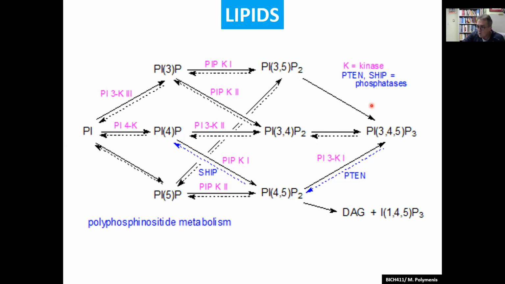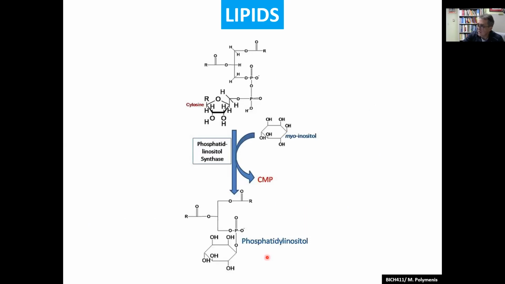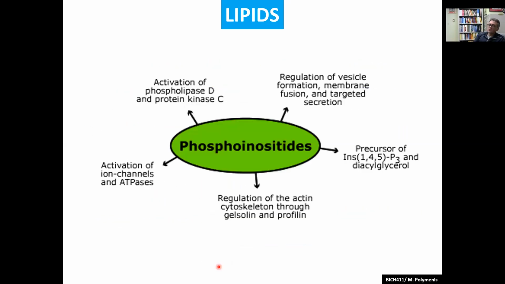So again, what you need to remember is that phosphatidylinositols are not really structural phospholipids. They are signaling phospholipids, because the inositol component here, depending on its phosphorylation status, you can build a range of outputs based on this modification. So it does work like a microprocessor in the cell. What does it regulate? Well, the better question is, what doesn't it regulate? You can have regulation of the cytoskeleton, vesicle formation and trafficking, various kinases, ion channels, you name it.